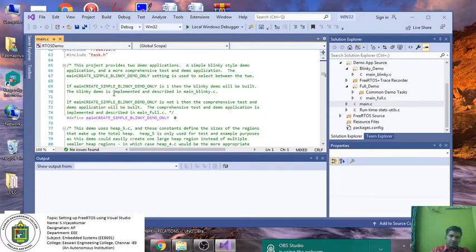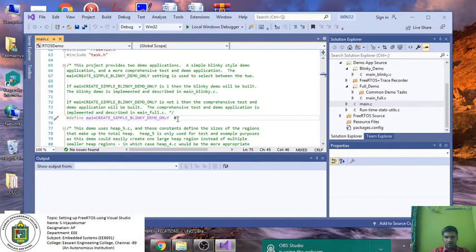The blinky demo is implemented and described in main_blinky.c. If the value is 1, then main_blinky.c will run. If the value is 0, then main_full.c will run. Accordingly you can see the output.